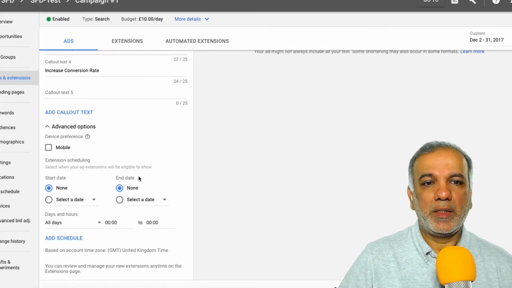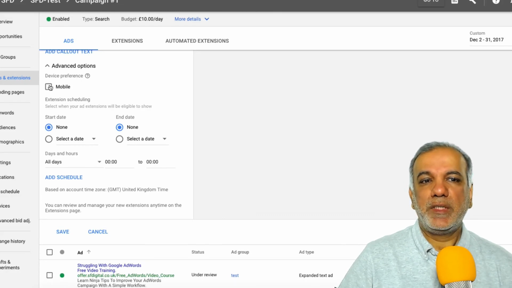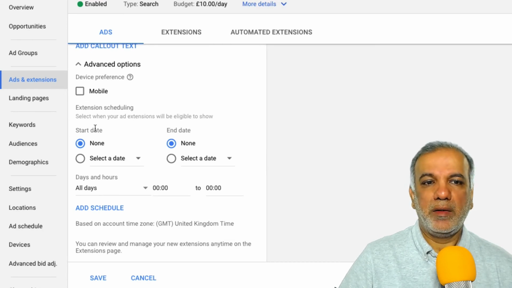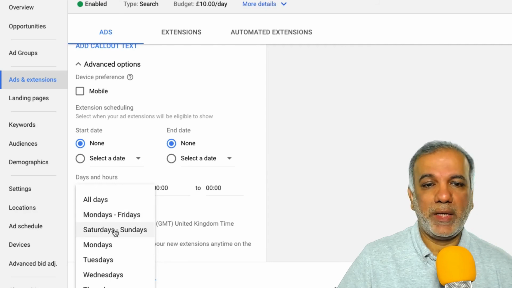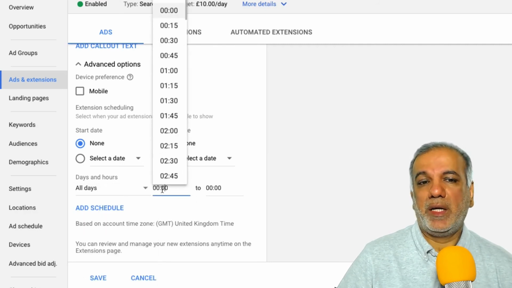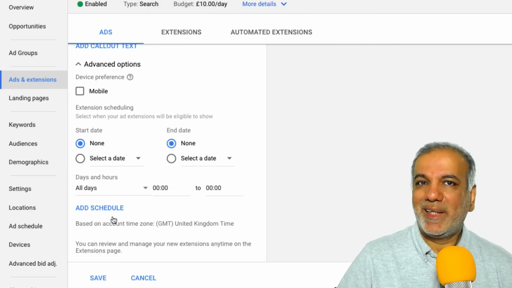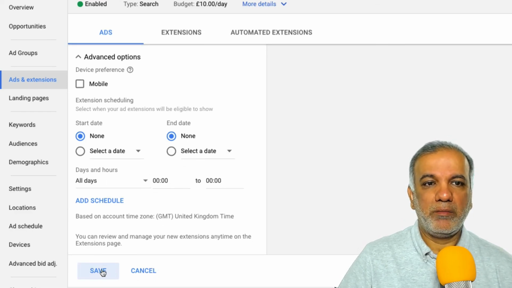Then we scroll down under advanced options, and you've got the device preference. If you only want your callouts to show on mobile, which I don't tend to check, then you have got your scheduling, whether you wish to have a start or an end date for particular callouts, or during certain days, if you want the callouts to just run during the weekdays or the weekends, and during certain times, i.e. during your opening times. Then you can set this all up over here, but I tend not to use this scheduling bit. And then you save,